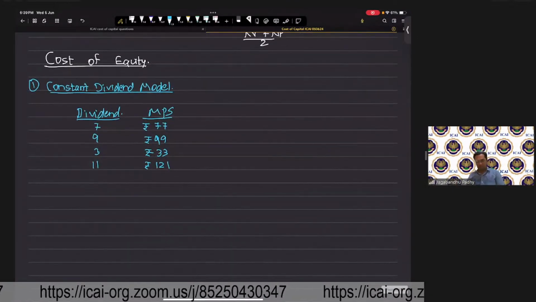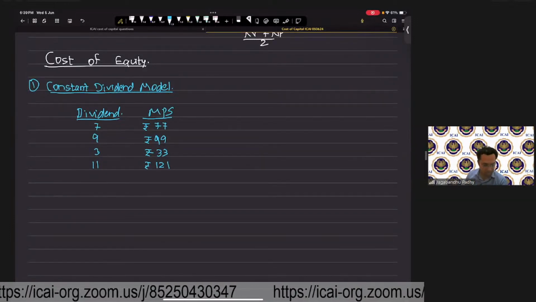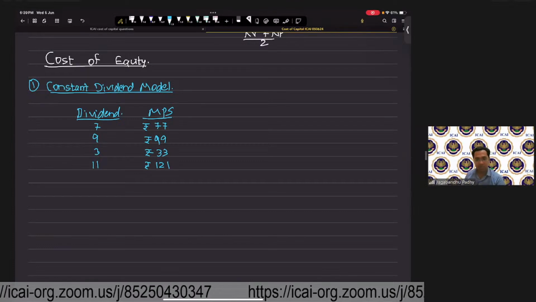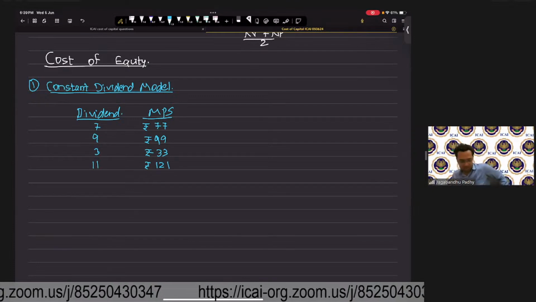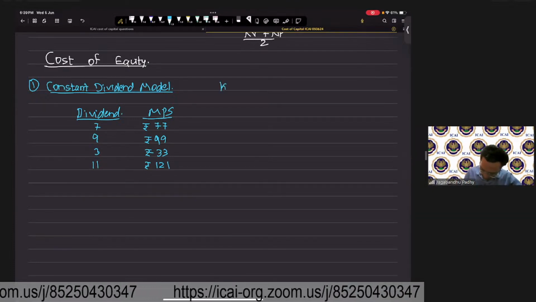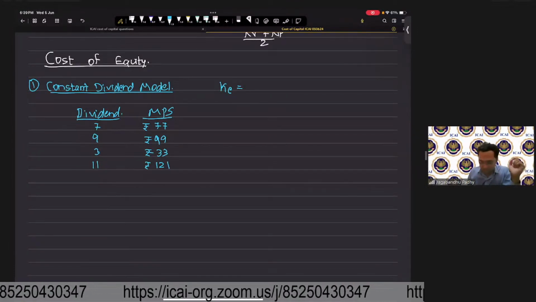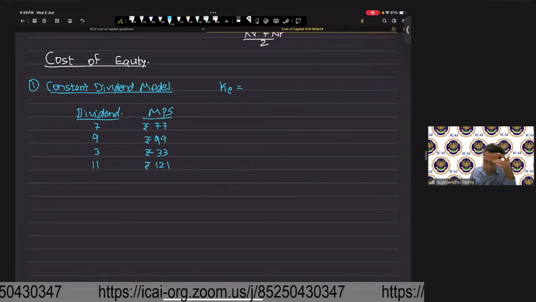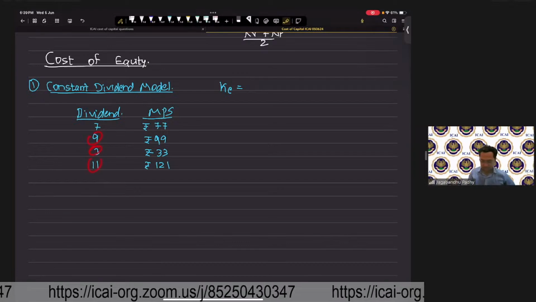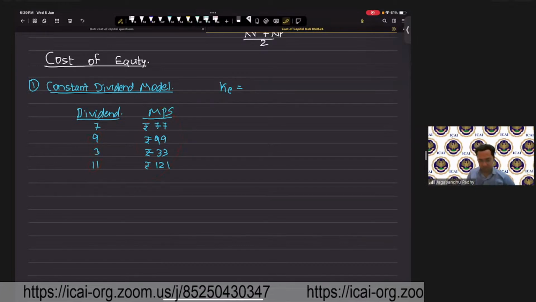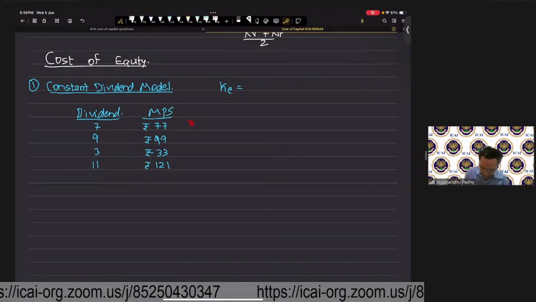Now, can you tell me what is the amount of dividend that the shareholders expect from the company? Can you tell me what is the cost of equity over here? Because cost of equity, as I said, is basically the expectation of our stakeholders. So the expectation of our stakeholders is what we are interested in knowing. Every time you observe over here that your dividend is dictating the market price. So if this is the approach that is observed in the market, we find that K is basically, you observe